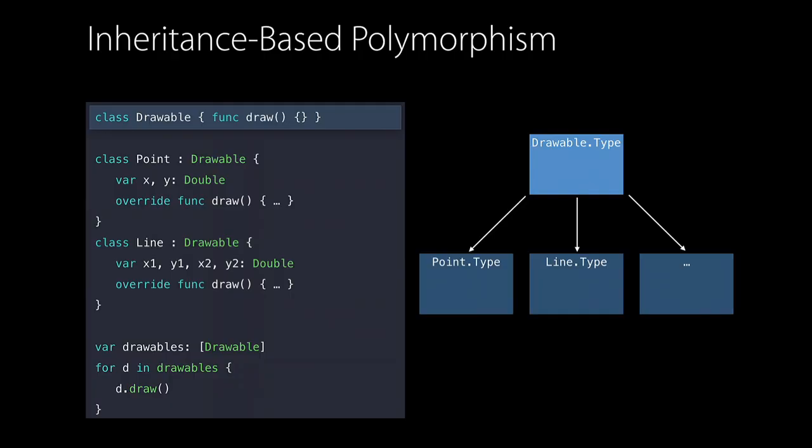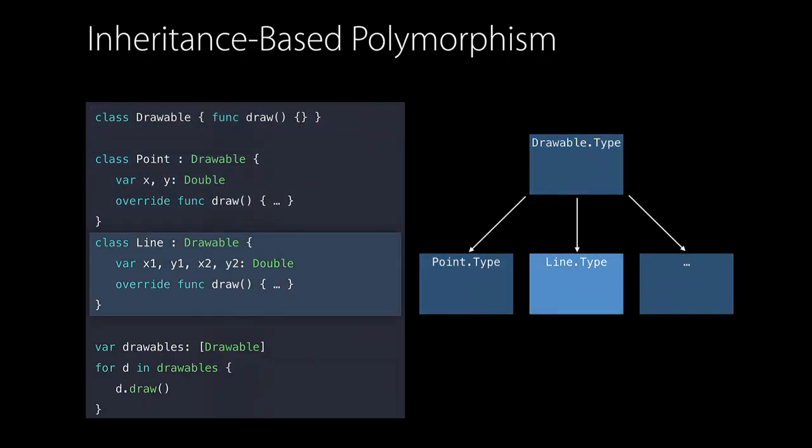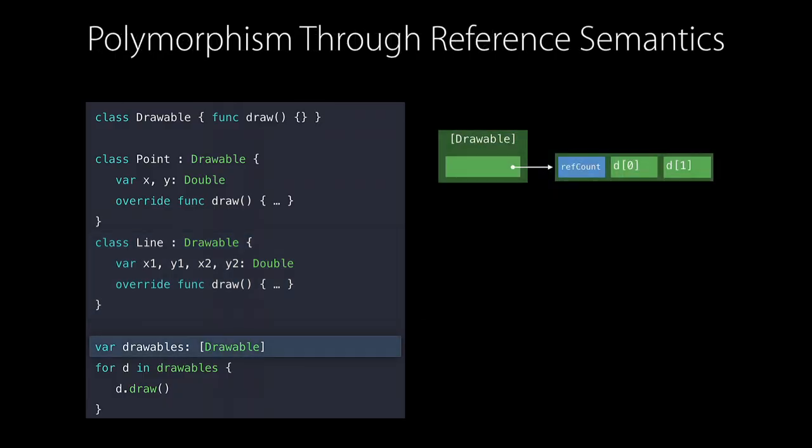Well, one of the reasons is it enables really powerful things like polymorphism. If we look at a traditional object-oriented program, here with a Drawable abstract superclass, I could define a Point subclass and a Line subclass that override draw with their own custom implementation. And then I have a program that can polymorphically create an array of Drawables, which might contain lines, might contain points, and it can call draw on each of them. So how does this work?